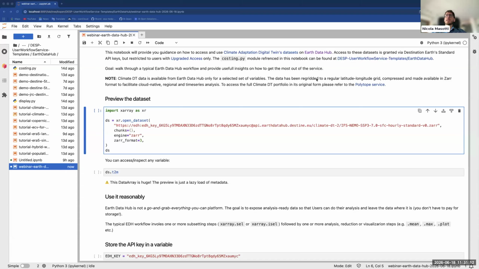The data has been regridded to a regular latitude and longitude grid, compressed and made available in Zarr format to facilitate cloud-native regional and time series analysis. If you want to access the full ClimateDT portfolio in its original form, you should refer to the Polytope service.